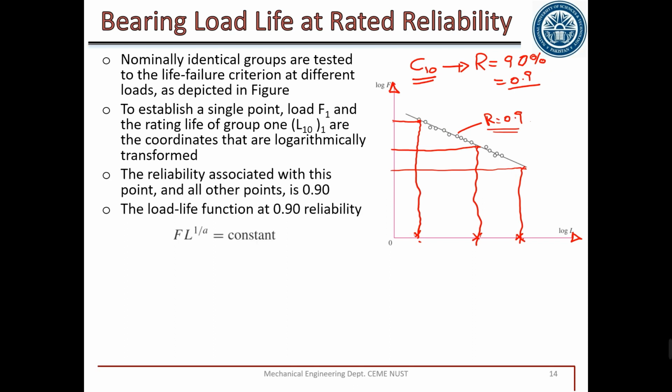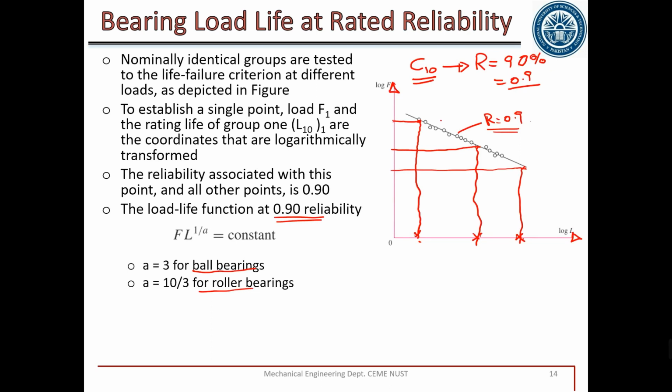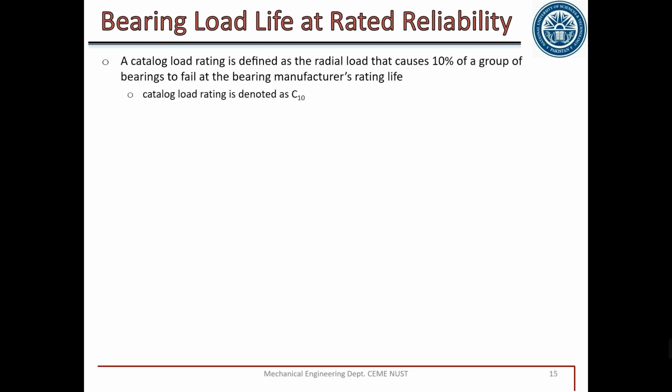And between the different points on the curve, we have the relationship F L^(1/a) equal to constant, where in case of ball bearing, a is equal to 3, and in case of roller bearing, a is equal to 10/3 or 3.33. Here we have 3 and here we have 3.33. And all these tables are made for a reliability of 0.9. Using this, if we have one point here and another point here, for these 2 points we can have the relationship F1 L1^(1/a) equal to F2 L2^(1/a). So that will be seen here.